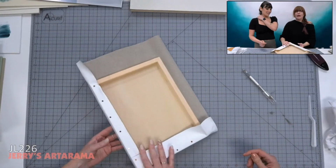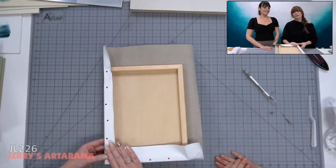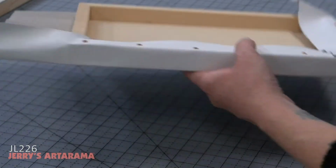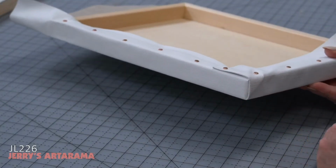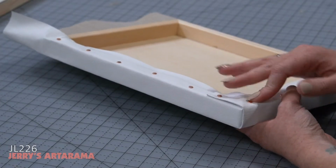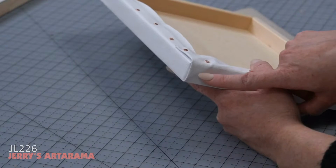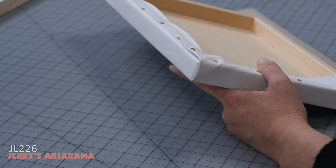Like I was saying, I wanted to see if we could wrap it around the edges, and of course you can. It just takes a little bit more. So we wanted to give you the two options. This is a term my teacher coined, so if my teacher is watching, I hope you are. This is what we call a very sexy corner. You have to have a nice corner when you have canvas wrapped around the edges. You don't want to just leave this